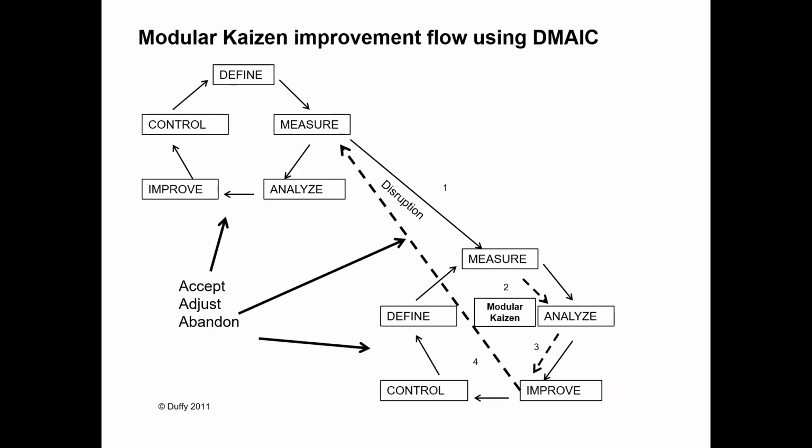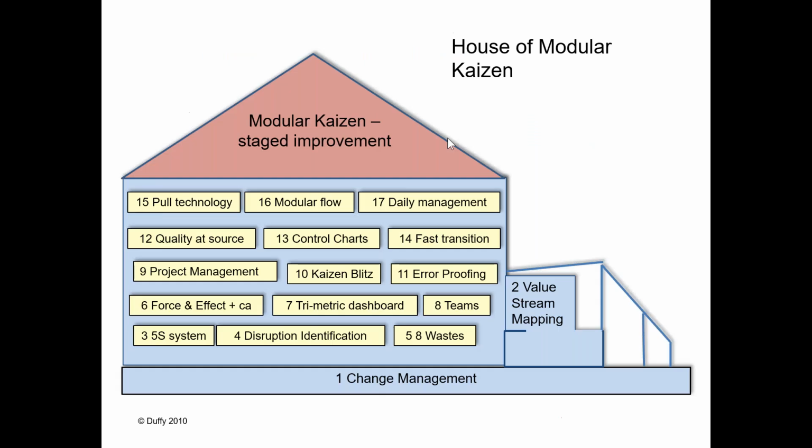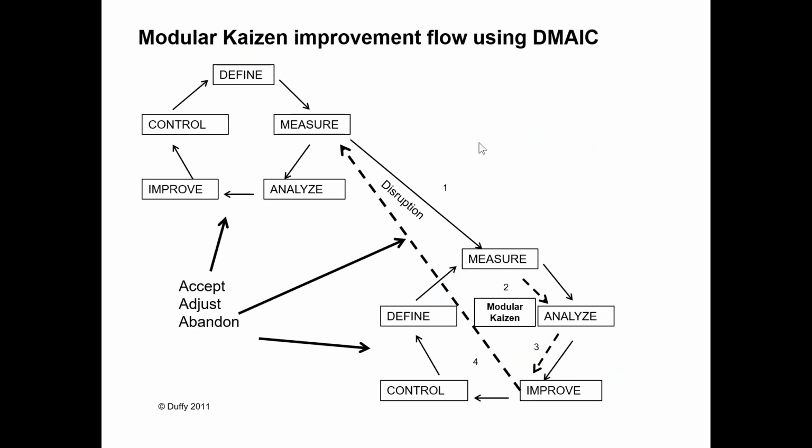So let's look at this for just a minute. Here is the modular Kaizen flow for you. Let's see, there we go. That's the one I stuttered, pardon me. Here is the DMAIC process, and the structure is the same. I love DMAIC because it pulls out measure. If you can't measure it, you really cannot improve it. You've got to have that measure.